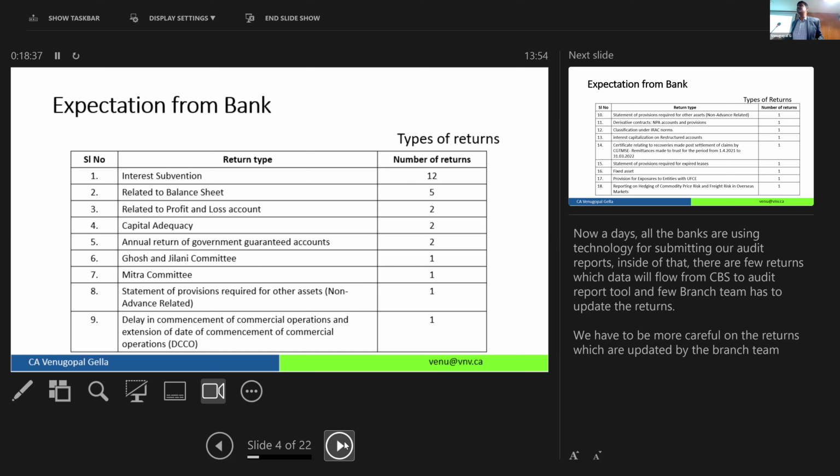Classification errors are basically white collar crimes. No one will understand. Sometimes intentionally done, sometimes unintentionally done. Because the RBI has an expectation that as a bank, you should give so much of the loan to priority sector. And time to time, they have staggered it. By March 23, so much. By March 24, they are increasing. So March 24, 45% is the expected number.